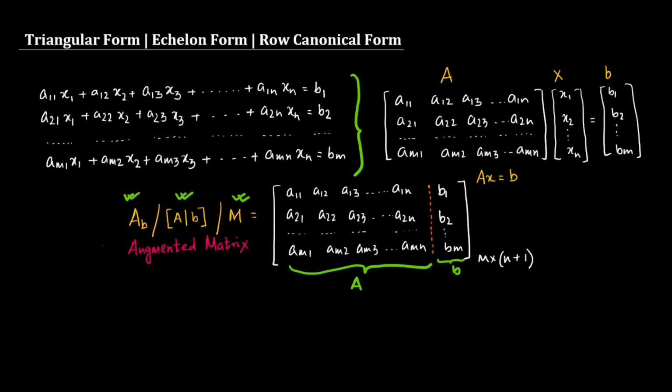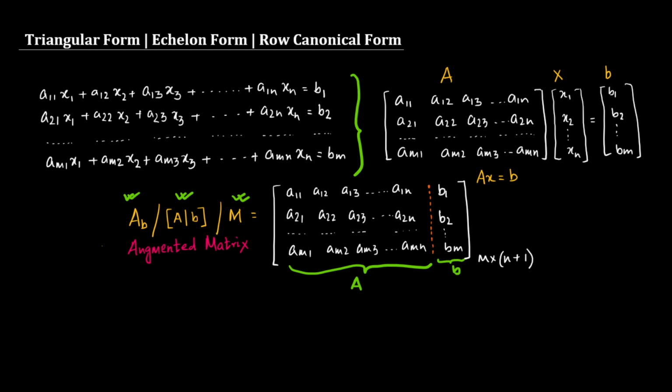If you look carefully at the system of linear simultaneous equations written above and this augmented matrix, you can understand they are actually similar, if we look at this augmented matrix row wise. And as I have said, applying elementary operations on the system of equations is equivalent to applying elementary row operations on this augmented matrix, which is very obvious.